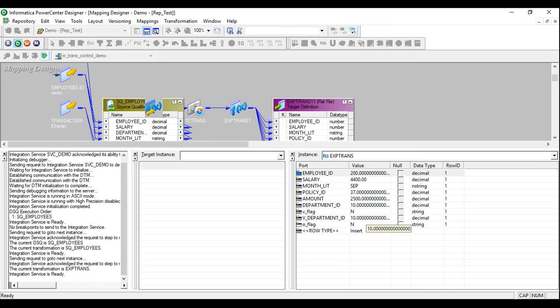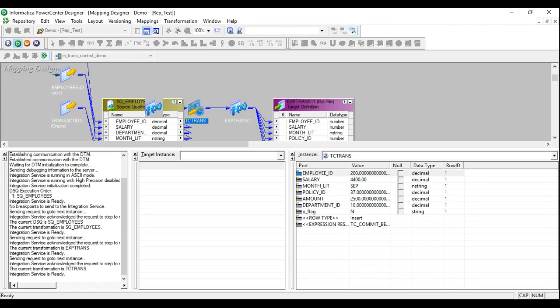So guys, you need to remember this. You need to recall this, that the input ports were loaded first, the variable ports will be loaded second, and they will be loaded in a sequential order. So when this V flag is to be calculated, V department ID is not yet loaded. It has a garbage value, and the output flag will be loaded last. So for the first record, it said that the value is n because 10 is not equal to a garbage value. So the n was set here, then we got 10, and the output flag was set as n because it's the same variable flag. Let's move ahead.